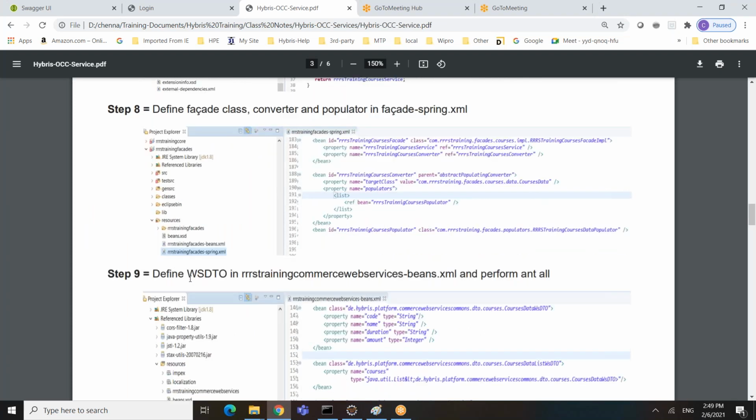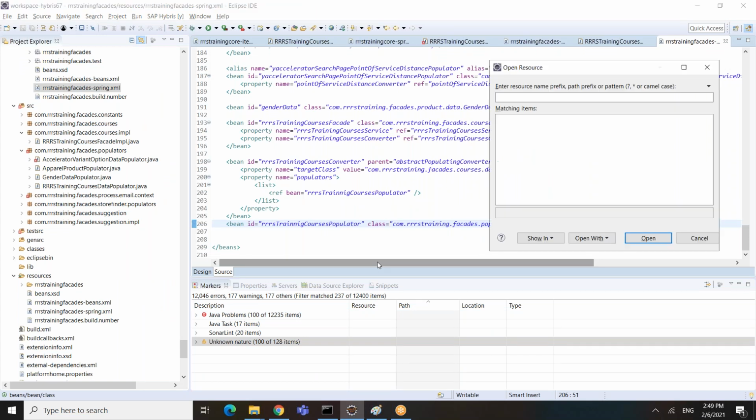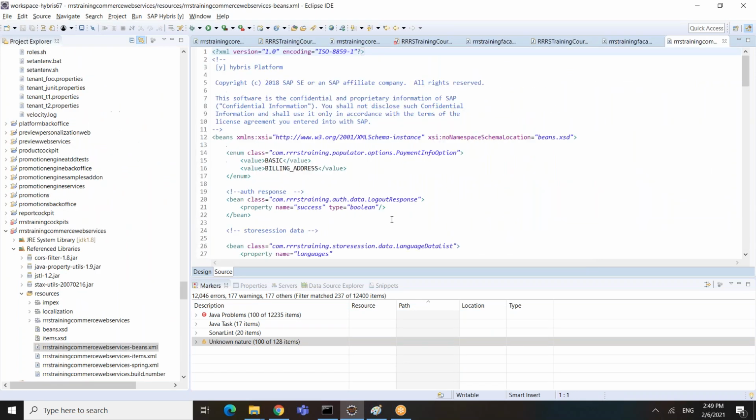The next step is talking about defining WSDTO in the Commerce Web Services beans.xml and performing ant all. Similarly, we did this for the data: for the courses data object, we defined the structure and performed ant all. The same way for WSDTO, we need to do the same thing, but it has to be done in the Commerce Web Services beans.xml file, not Spring.